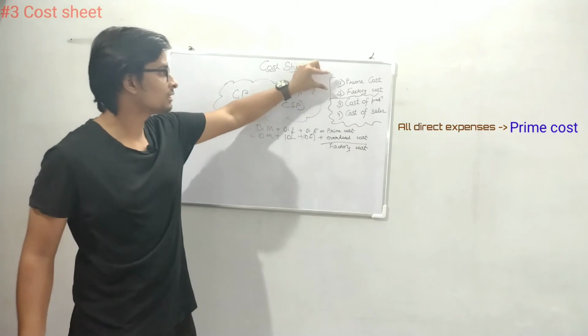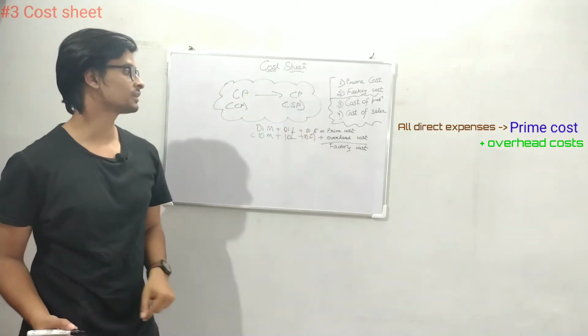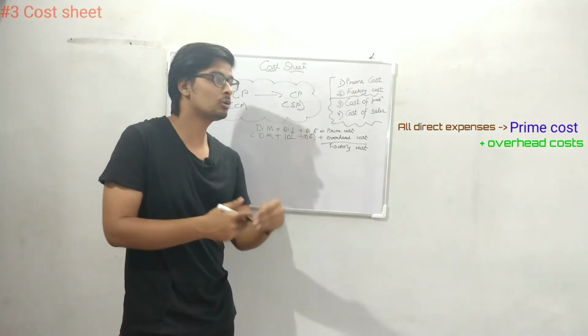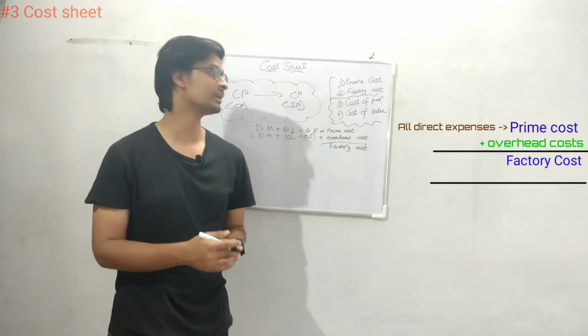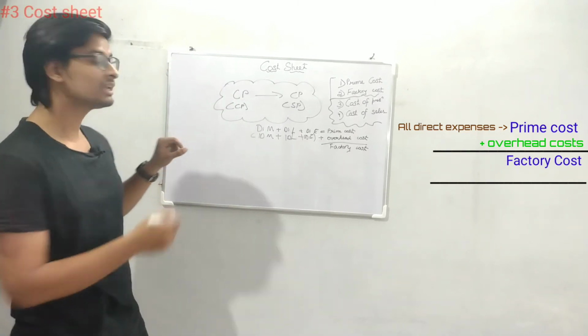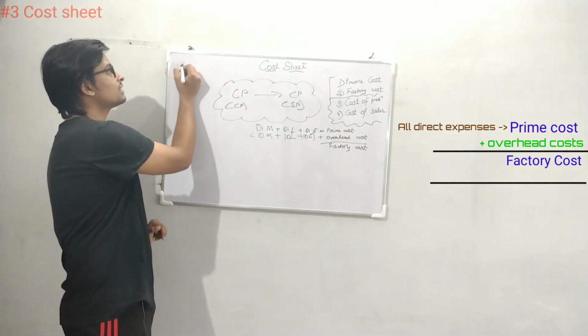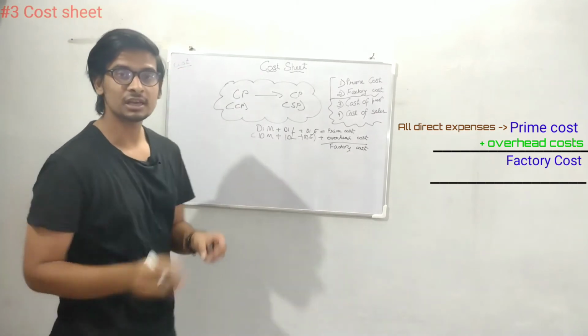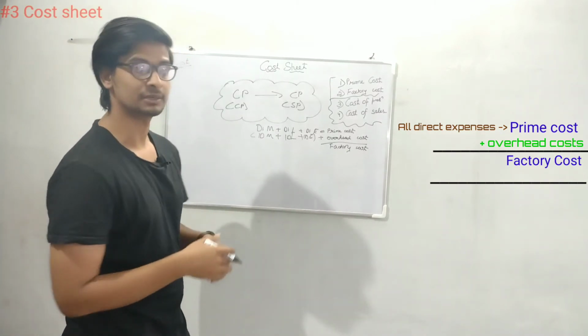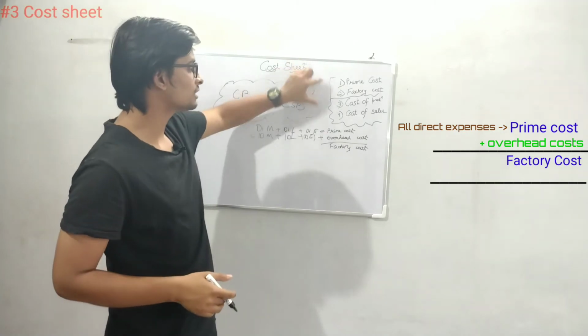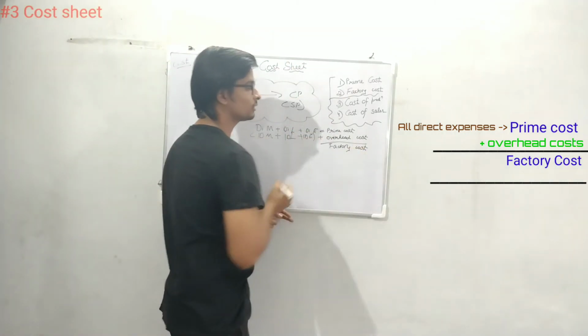Now what do we have to learn? We have completed up to here. Now we have to record the expenses outside the factory. We learned yesterday in the first class itself what a cost was. Cost was the actual expenditure incurred. So up to now we got the factory cost.